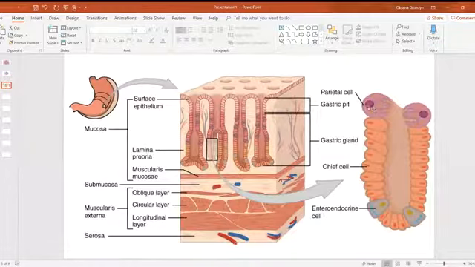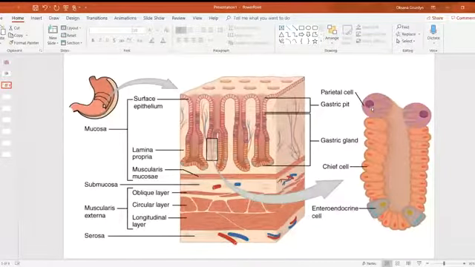So you have these parietal cells that are found in the glands, in the gastric gland. These parietal cells, they secrete hydrochloric acid. So what they secrete is the proton, which is the H portion of that. H is a proton, and Cl is the chloride ion, so chlorine ion. So parietal cells, they secrete hydrochloric acid,